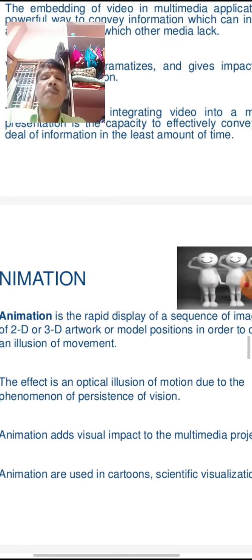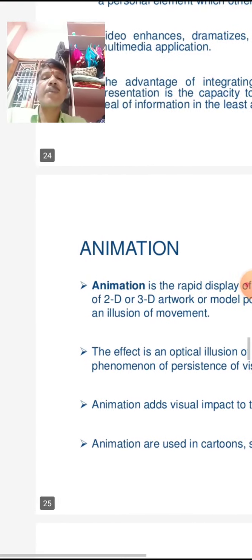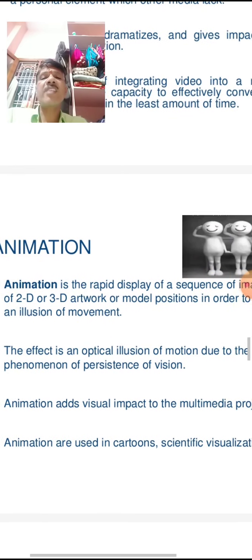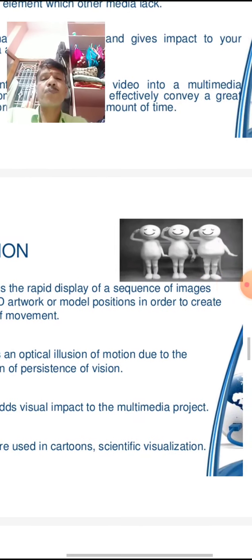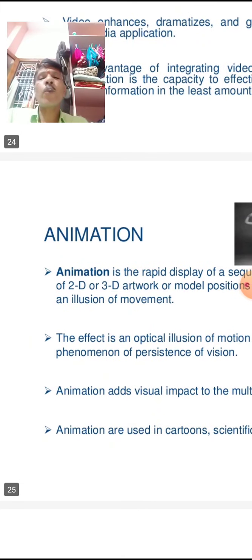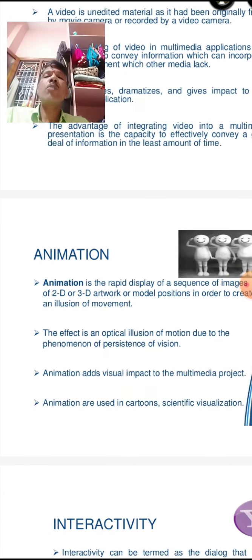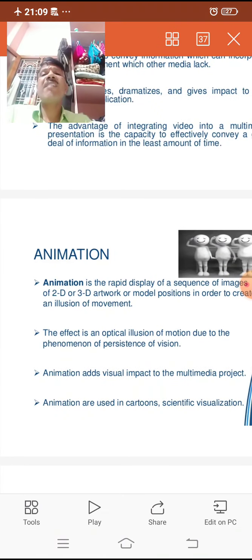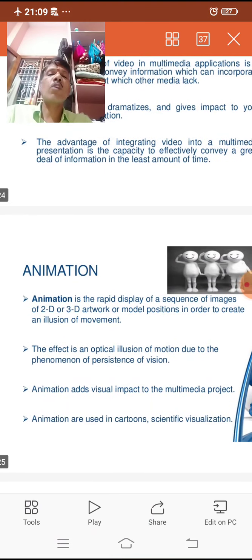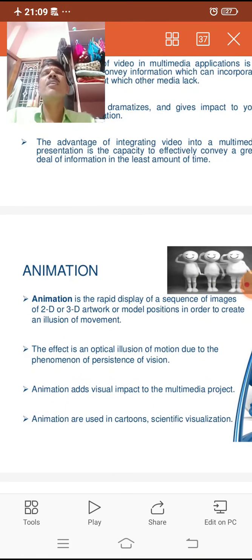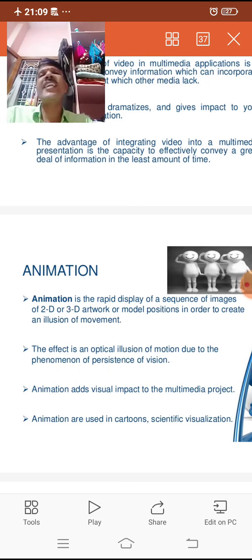Animation is the rapid display of a sequence of images of 2D or 3D models or positions in order to create an illusion of movement. Generally we observe TV ads such as Vodafone using 2D animation, but they may use 3D animation also.